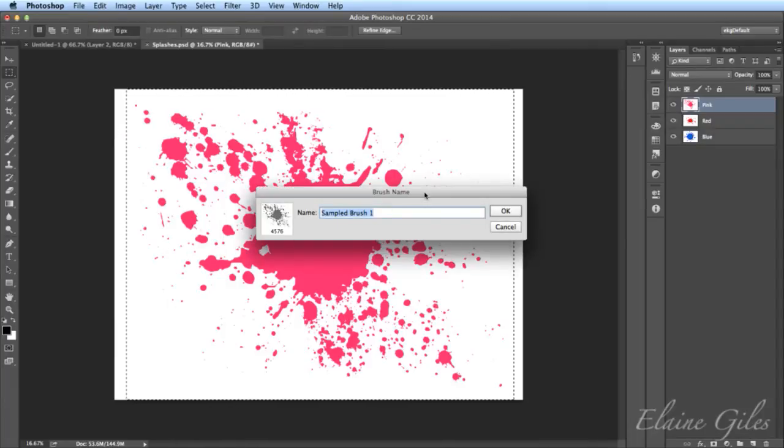Now, there's not much to this dialog box. All it needs me to do is give it a name. So in this case, it would be Pink Brush. But all brushes are black and white. So if pink brush meant something to me particularly, then I could call it pink brush. But obviously the point of this is that you want to be able to use this and make it any colour you like. So I'm going to call it Splash 1. We're going to have 3 of these splashes. So Splash 1.